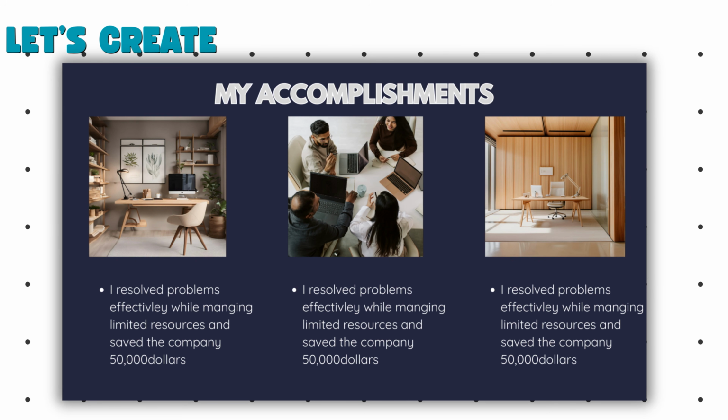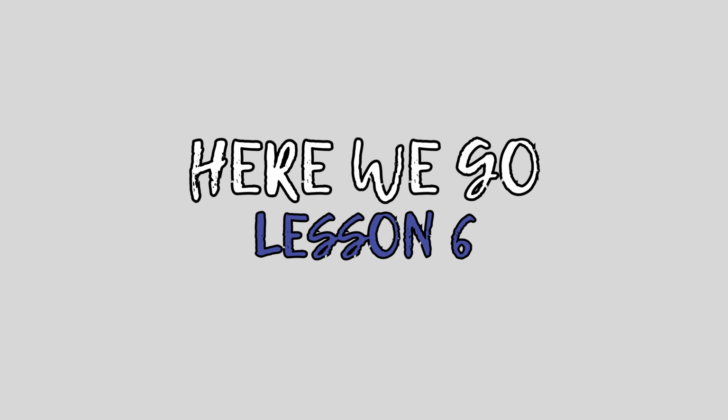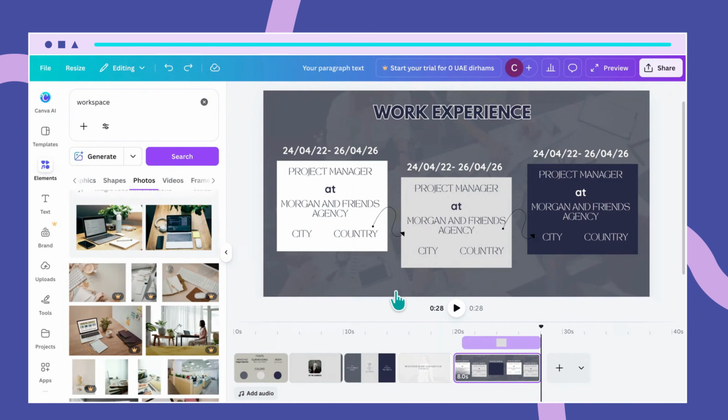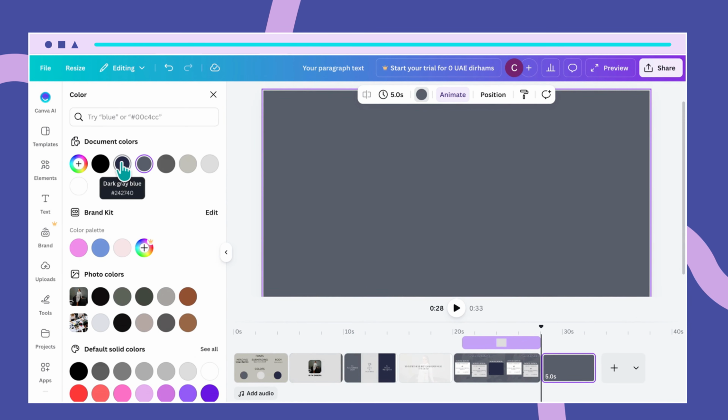Let's create the accomplishments page. It's time to add our fifth page. To do that, I'll click on this plus button, add a new page. Then I'll go ahead and change the background color. Click on the color circle and then come over here to the dark gray blue color, which has the hex code